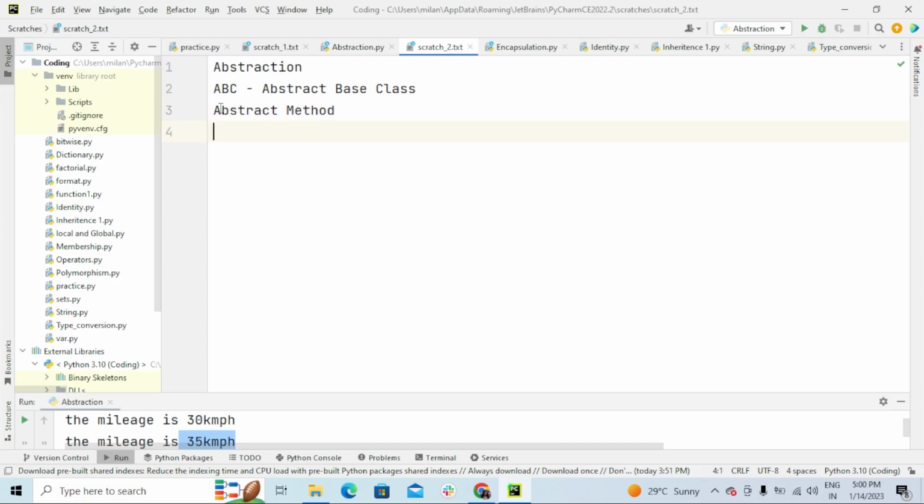And what is an abstract method and an abstract base class? An abstract method is a method which has only a declaration but not a definition. We will not have any definition, only a declaration. That is called an abstract method, and a class which has an abstract method is called an abstract base class. So in Python, a class that consists of one or more abstract methods is called an abstract base class. I will be explaining a simple program on abstraction